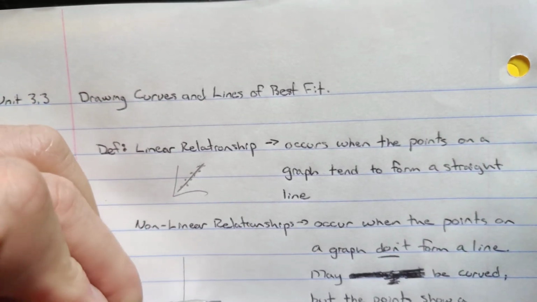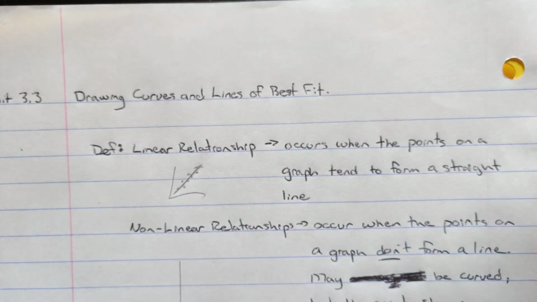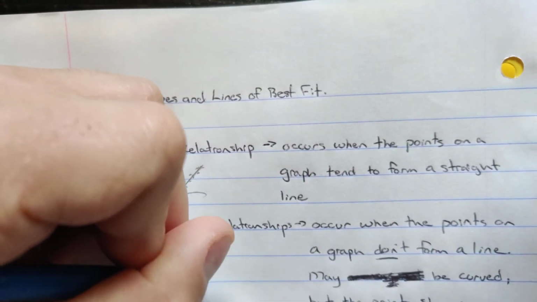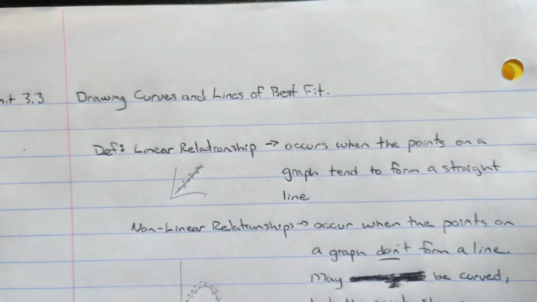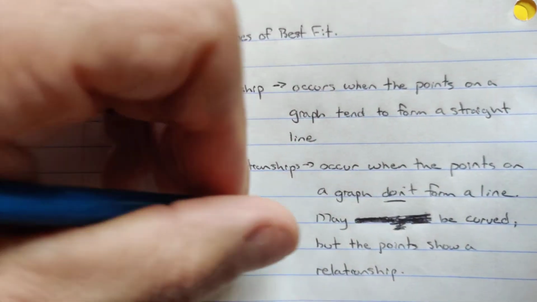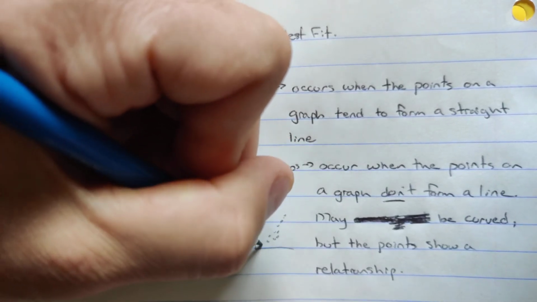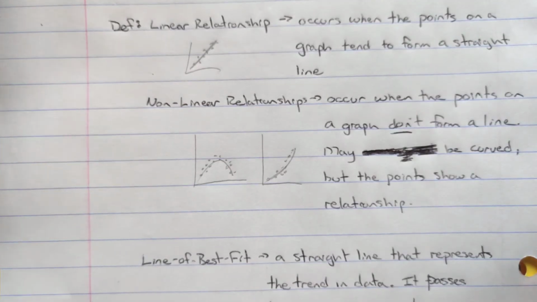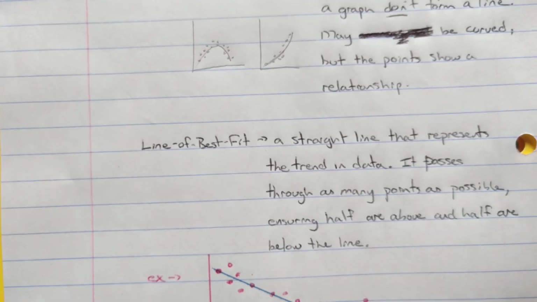And then in the case of a non-linear relationship, it's when they don't form a line, but there is a relationship. It's likely going to be curved of some sort, so it would form something maybe like this, this rainbow type of look here, or it could be something like this, where it's kind of curving up instead of a straight line up. It just depends on the situation. So we either have a linear or non-linear type of relationship,